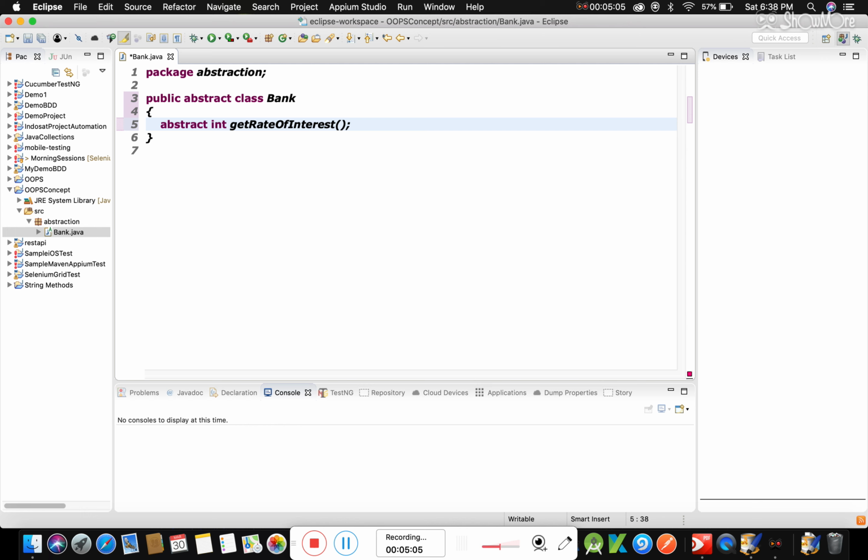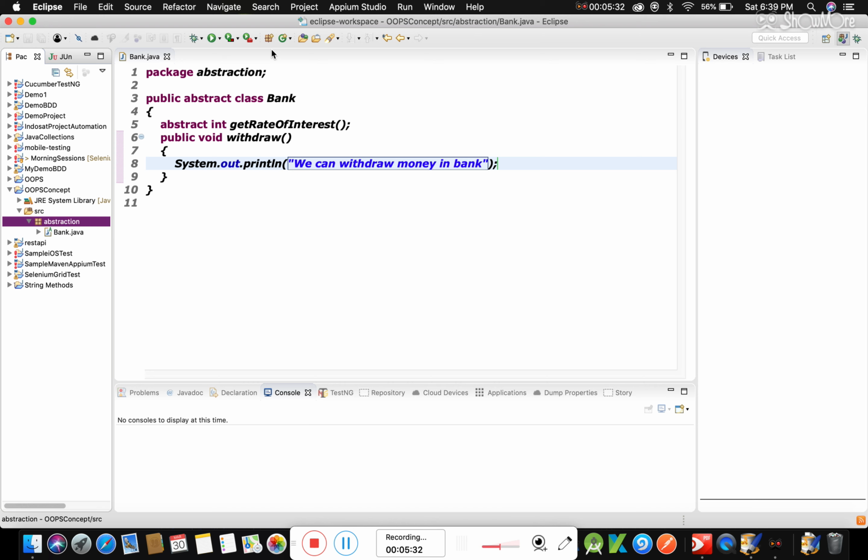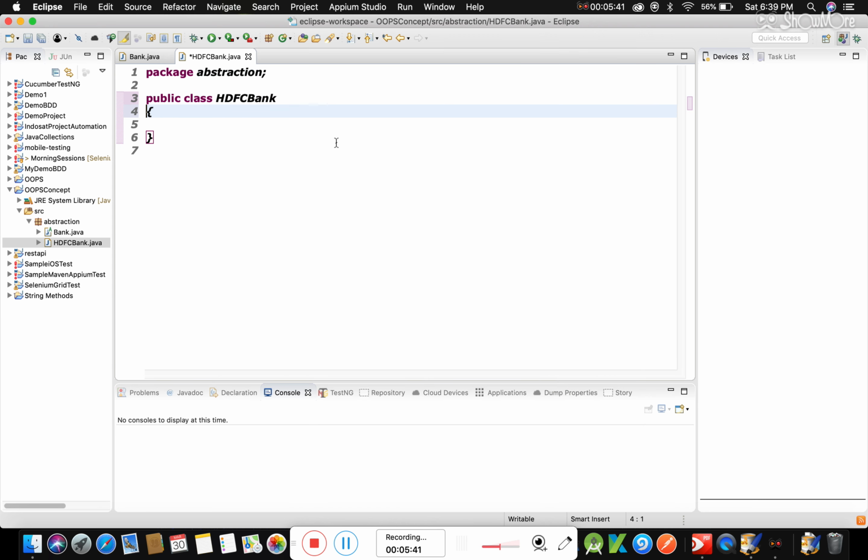So this is an abstract method. Let's create one more method, which is a complete method with implementation. Let's create one more class. This class extends the abstract class, that is Bank.